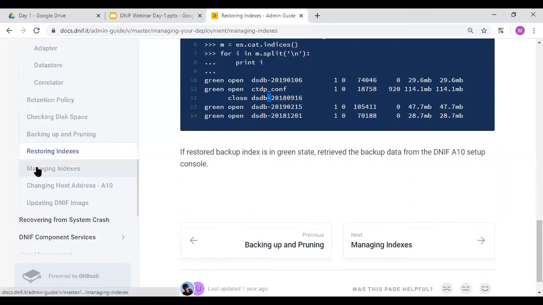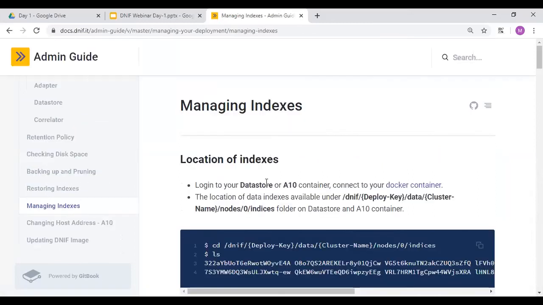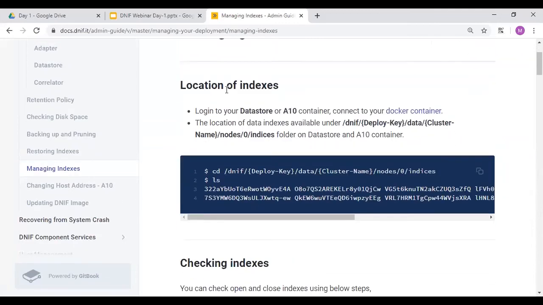Now, once this is done, how are you going to manage them? How are you distributing them? How are you storing them? There is the location of the indexes. You can put it inside the Docker container folder called backup, or you can create folder inside folder inside folder. Here we are creating nodes, and we are putting inside the folder called indices. That is the location of the indices. As you can see on the screen, these are in some encrypted format. Even if you try to open it, you are going to get binary zeros and ones.